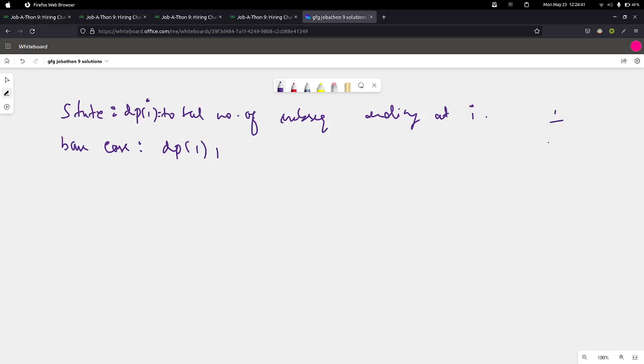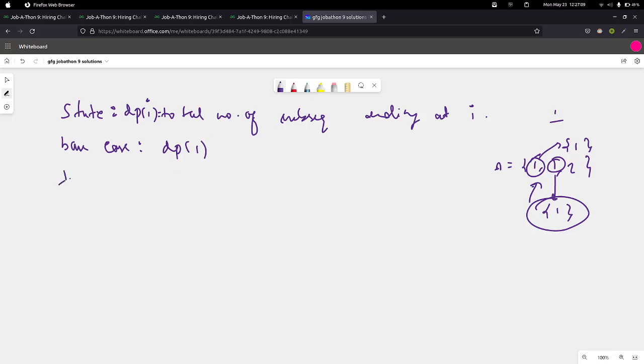Because all the ones individually form a subsequence. For example, if we have an array 1 1 2 and we need to find the total number of subsequences which end at 1, we take this one. This one itself is a subsequence which ends at 1. We take this other one, and it is another separate subsequence which ends at 1. So in that case, the base case will be dp of 1,